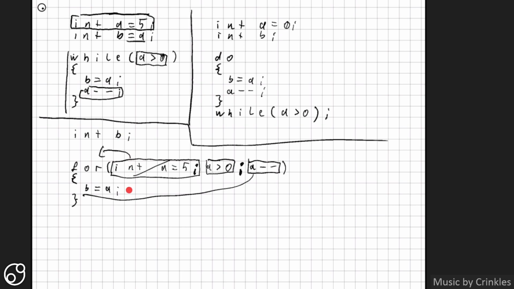Of course, because this is now the exact same as the old while, this b might never be initialized. If a is initialized as 0, then this condition would start off with false, and we never hit this code, and b would not be initialized. So in this case, we do actually have to manually write this, which is the difference to the code above,